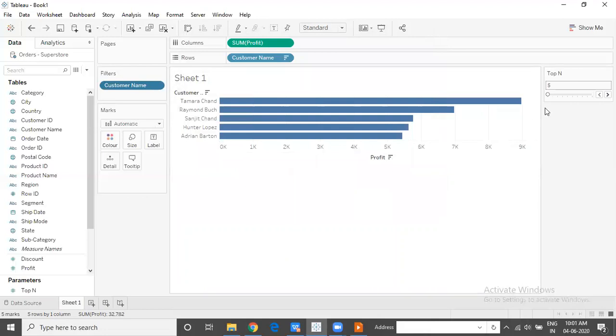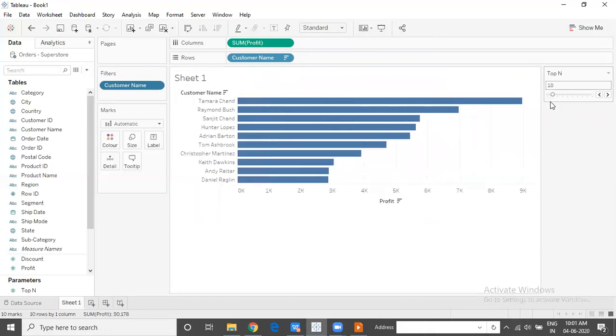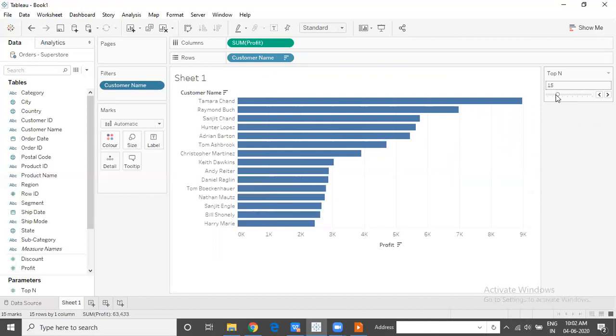Whenever we use a range of values for a parameter, it automatically appears as a slider. So right now I'm looking at 5 customers. Suppose I slide up, the next available value is 10. Why not 6 or 7 or 8 or 9? Why 10? Because we are going in intervals of 5 units. We are going with a step size of 5.